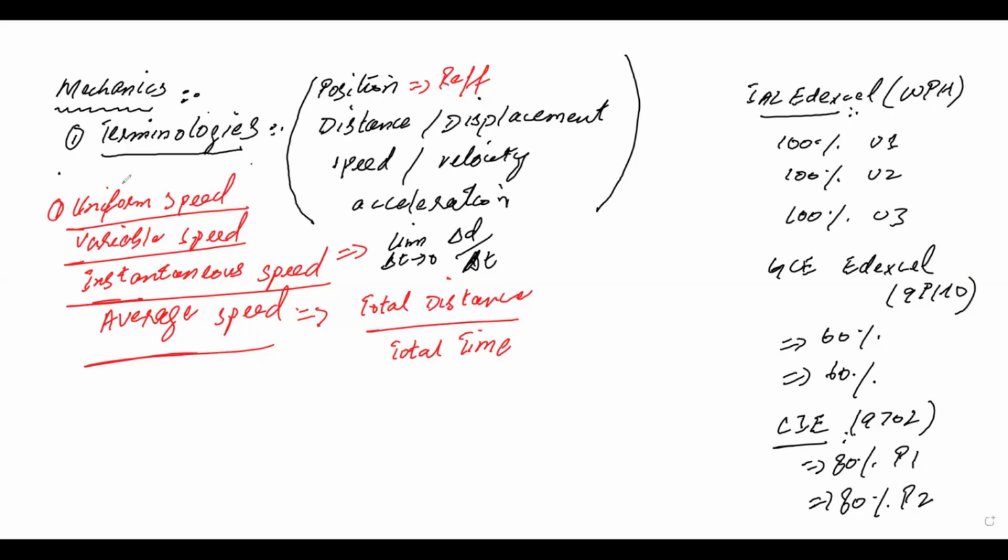If you're talking about the uniform speed, one thing is for sure, that the average velocity or the speed, if you're talking about, that should be equal to the instantaneous speed. Now, the thing is how do you calculate the instantaneous velocity or the average velocity? For example, if you guys got some sort of a distance time graph,